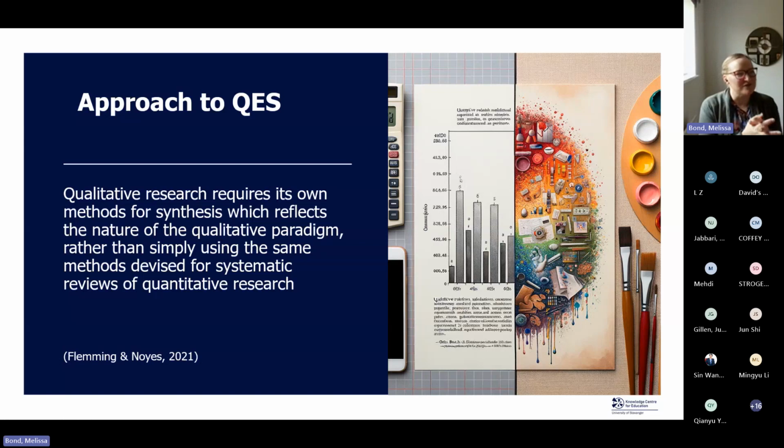And of course, qualitative research does need its own methods for synthesis, which reflects the qualitative paradigm, rather than simply using the same approaches to systematic reviews that have really come from the health and welfare discipline, where, in medicine in particular, we need to look at different RCT results, different experimental results for drugs, for example, to see what's the most effective across the broad range of those studies.